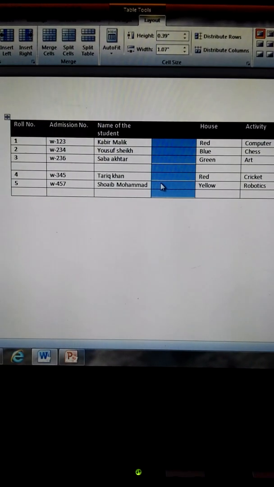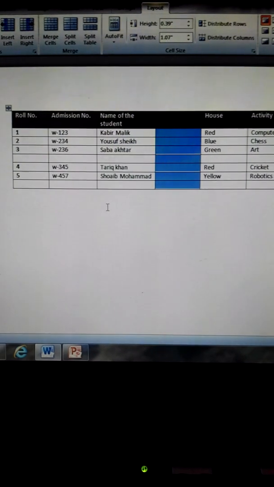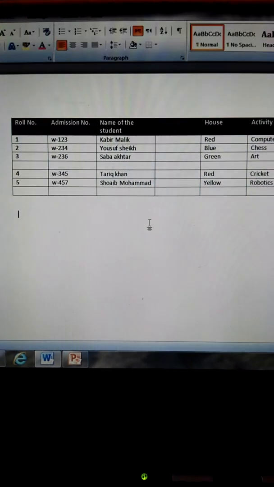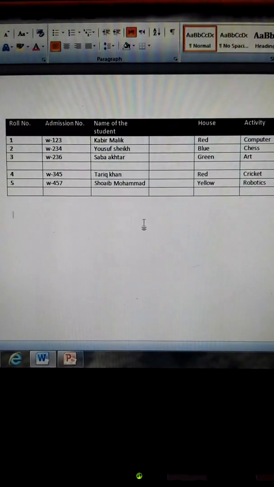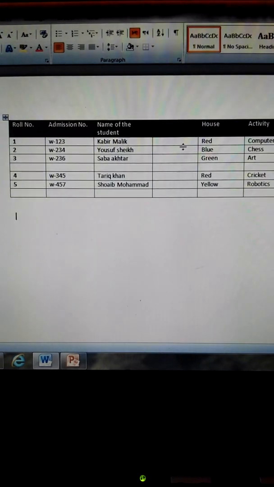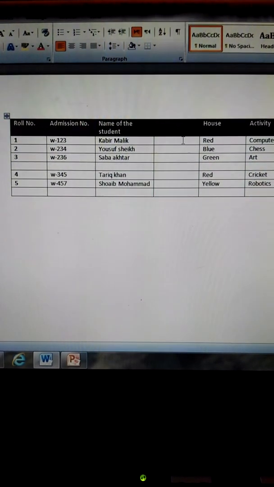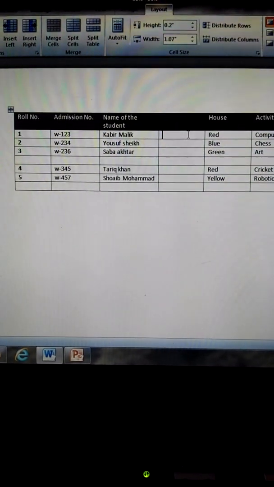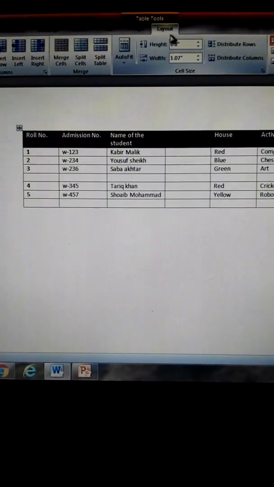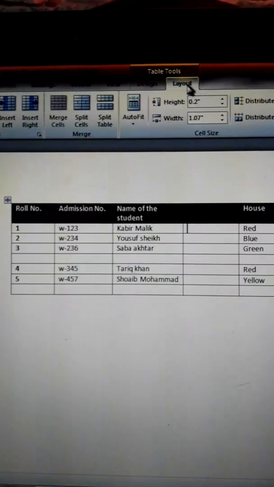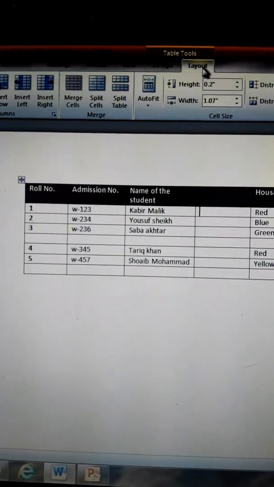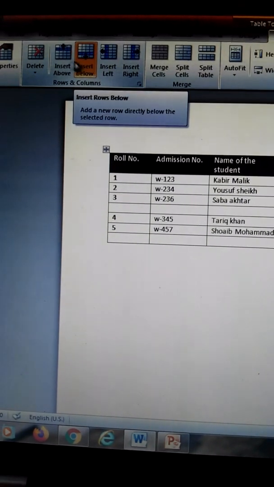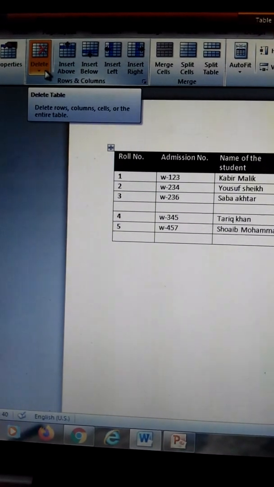So students, the next thing that we are going to learn about is how we can delete a row or a column. The steps to delete a column first are: we will place the cursor in the column that we want to delete, and after this we will move to the Layout tab and click on it, then move to the Rows and Columns group and choose the Delete option.